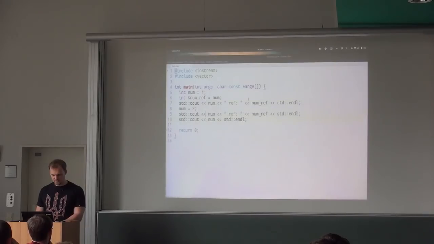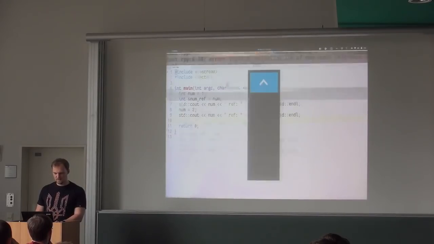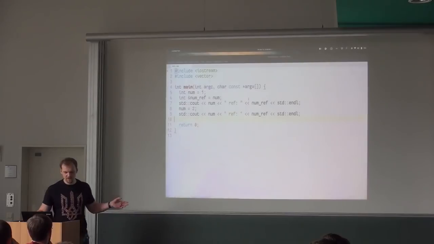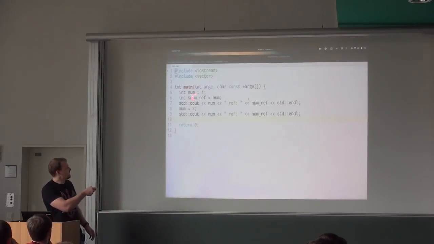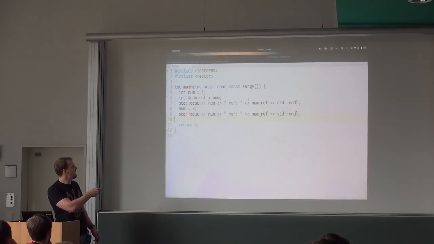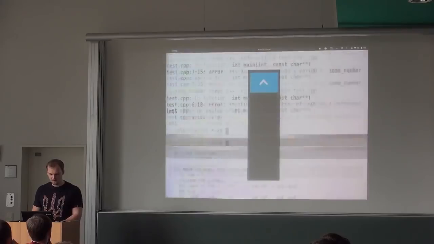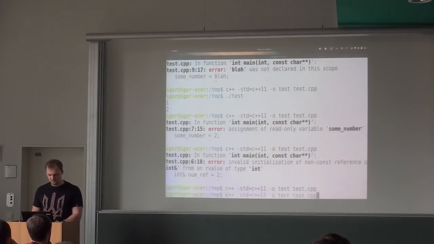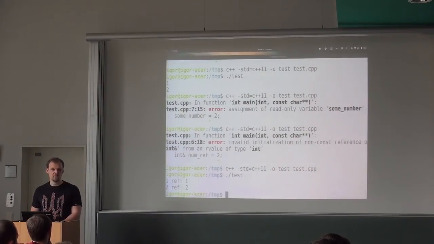And let's copy this thing here. So now what we do here is we define a reference, we output the number and its reference, we change the number, and then we see what goes on right there. And you can see that they both change. So they're completely the same.